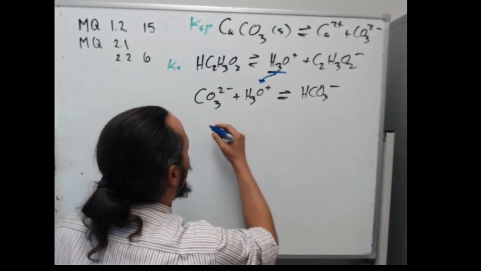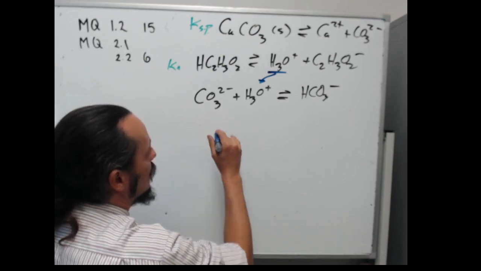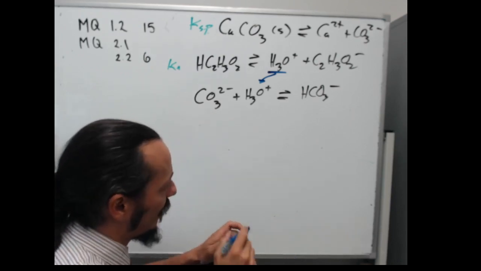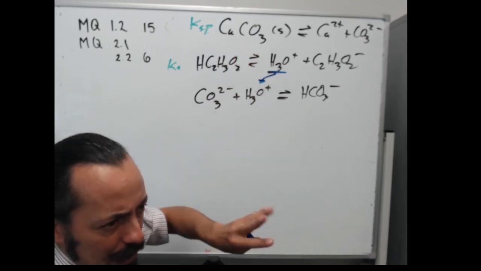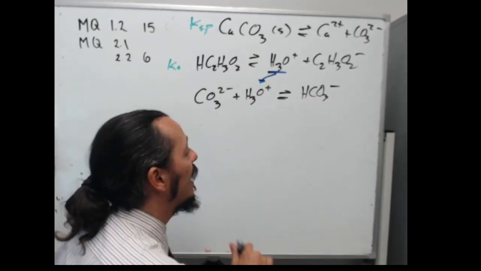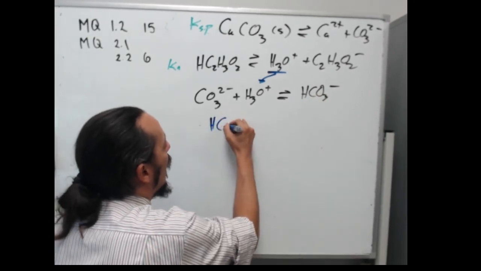If I write it flipped over, it kind of looks like a precipitation because there are 2 things being put together. I didn't do my states of matter, so you can all be mad at me. But this is an ion in solution, so it's a combination reaction. If we wrote it the other way,